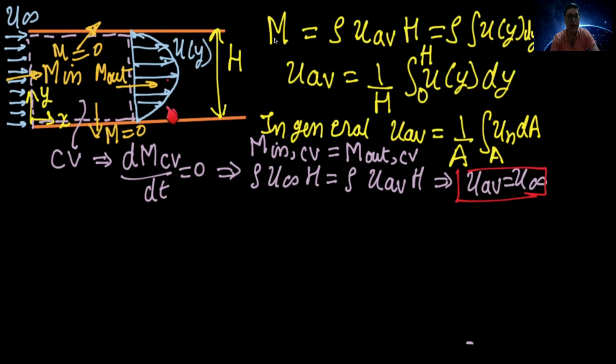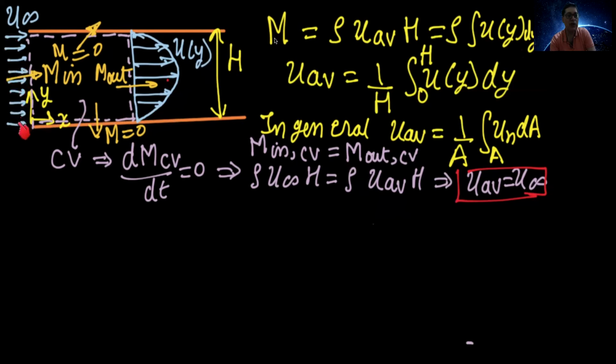Now I would like to point out, I had mentioned in my earlier lecture that the center line velocity is greater than u infinity. But here I can give you an appreciation: when we get an expression that the average velocity is equal to u infinity, it means that the area under this parabola should be equal to the area under this, which you get for the uniform velocity profile.